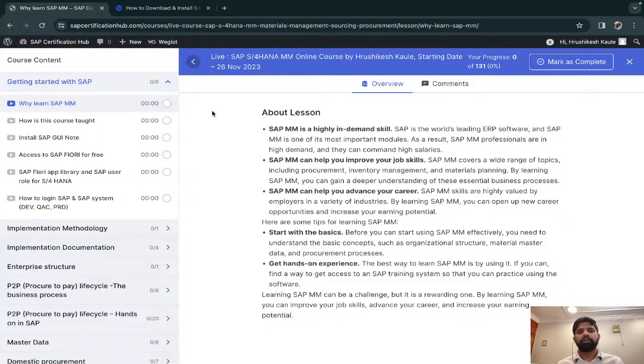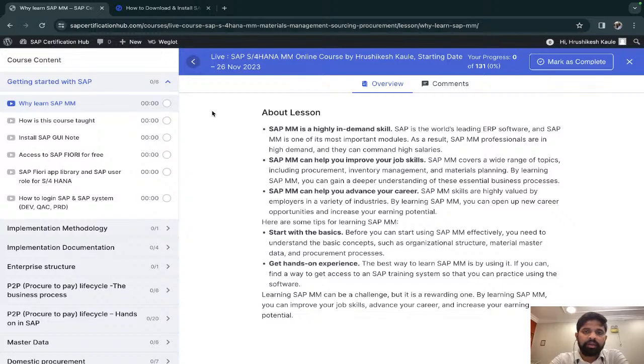In every company, if you are installing SAP, you will have the basic three modules: procurement MM, sales SD, and finance. Anything you want to buy, you have to go through the SAP MM processes, different types of processes. So you have to go through it. Now, for SAP MM, first we'll understand SAP.